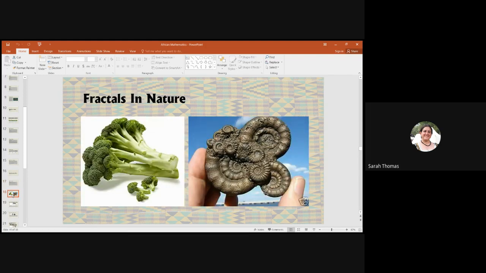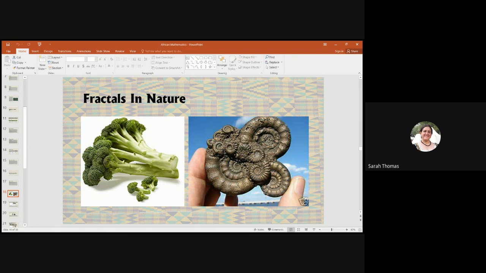So let's take a look at some familiar fractals that we see all the time. On the left, you see broccoli. So broccoli is fractal in structure. You may have noticed that if you cut off a floret of broccoli, it has the same kind of structure as an entire head of broccoli. And then if you cut that further, you can subdivide it further. That's that self-similarity on different levels of magnification. That's that iterative generation. And then over on the right, we have some fossils of different sizes of, I can't remember, are they ammonites? I can't remember.